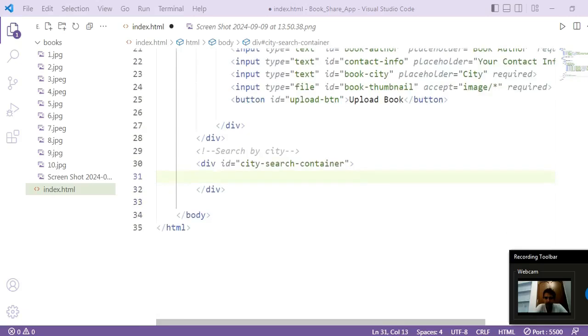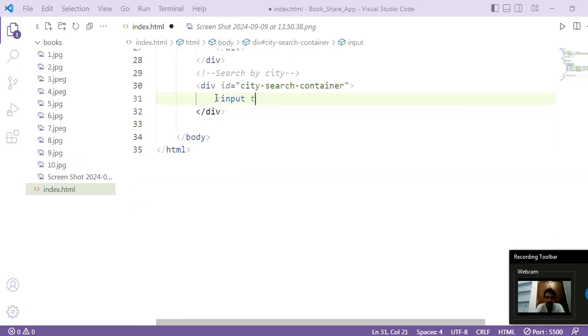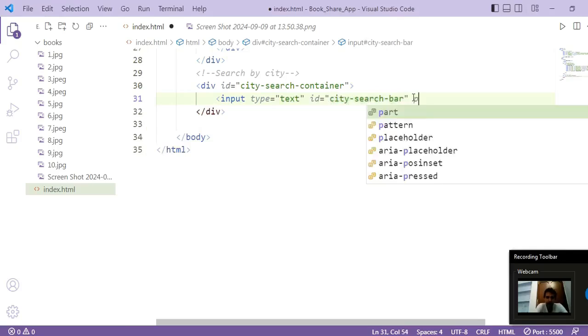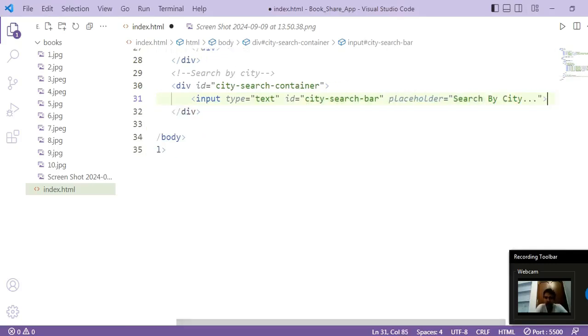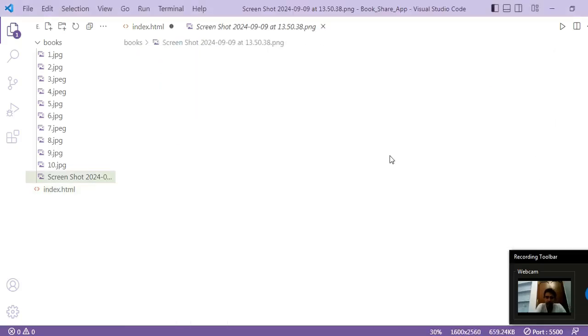Inside it I'm using an input tag, type equals text, id equal city search bar, and placeholder search by city, and close the input tag. So we have created another div for the city search container, and we can see this in the screenshot of our app.